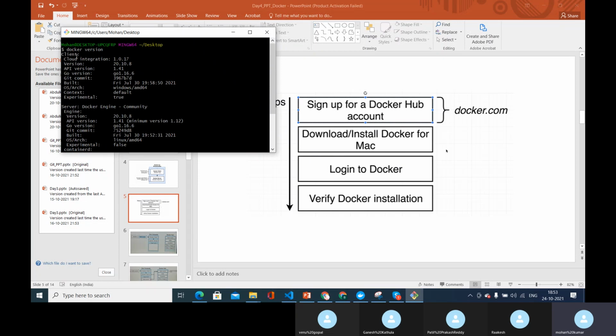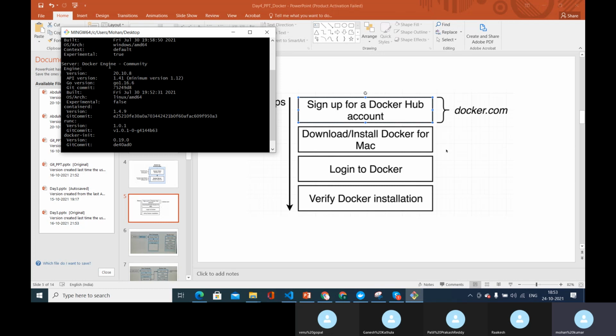So you see the version of the Docker, the client versions and all the stuff. The only important thing that you have to understand is the OS. Docker is basically relying on the Linux OS. That's the reason I was asking you to install the Linux kernel. When it is relying on the Linux OS, you need to understand how this is working on the Windows or the Mac machines.